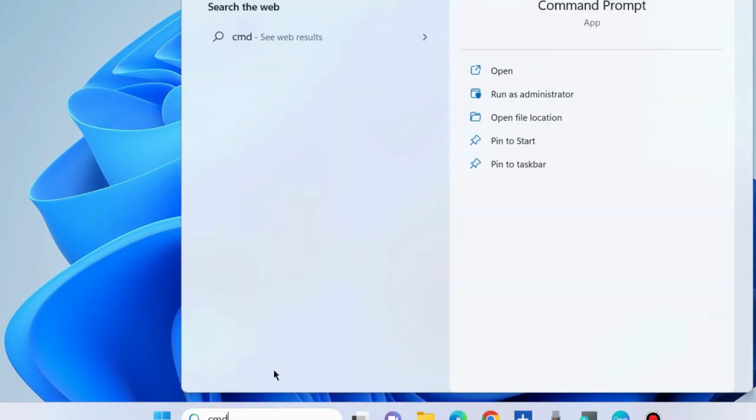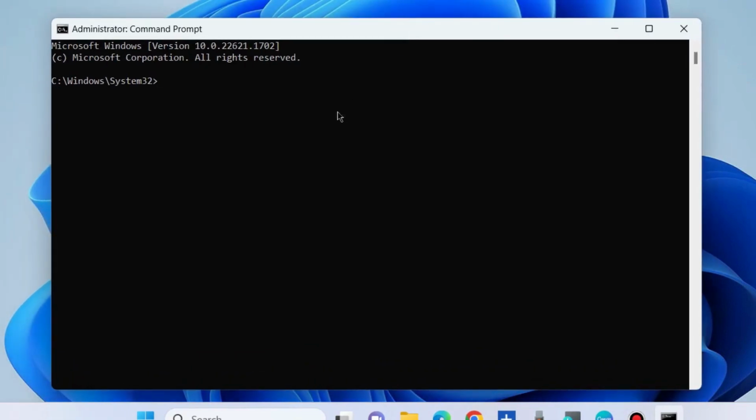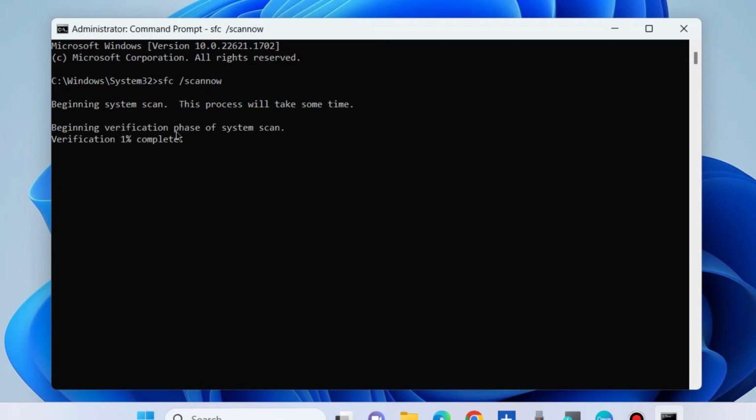And the next workaround is any corrupted file system may be a cause of this error. Type cmd in the search box and open Command Prompt as administrator, and in Command Prompt window type sfc /scannow. It will check any corrupted file system found in your system and repair them accordingly. Now your Omadmclient.exe error will not